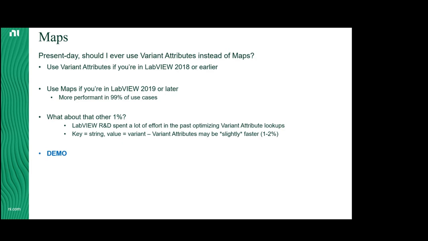If you are doing calculations on math and then trying to find your key that way, I could see that causing a problem because then you could run into floating point issues. But if you've got defined floating point values that are your keys and you're not doing math to calculate those, you should be fine. If there's ever any math involved to calculate the key, yes, you will run into potential floating point issues with sets of maps, just like you would with any other API in LabVIEW when trying to do math and